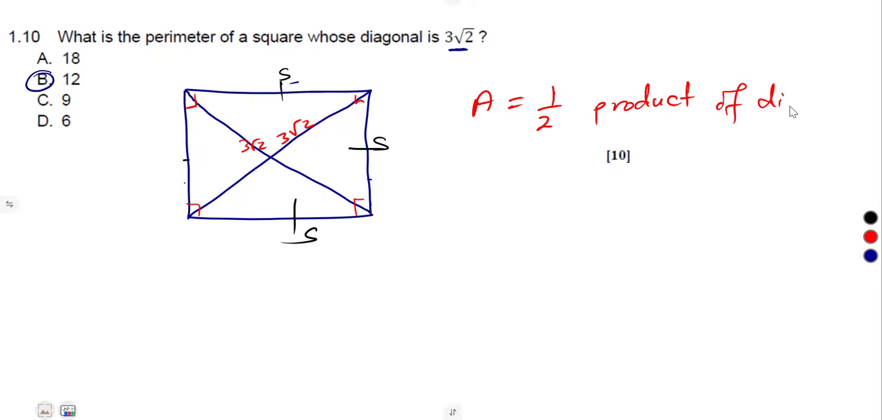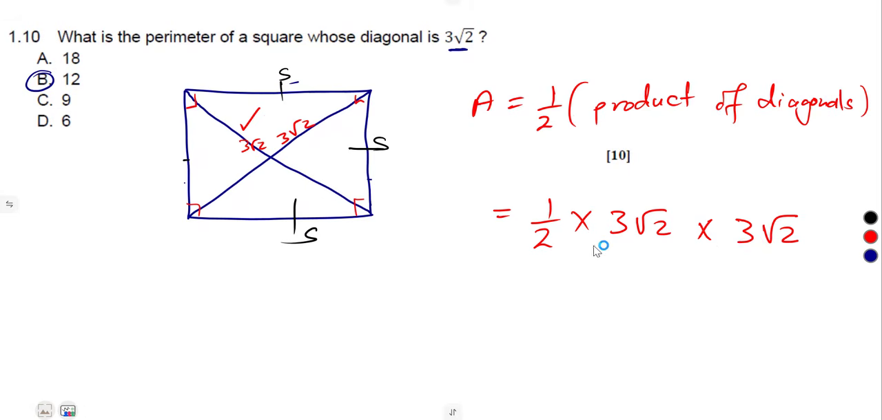Half product of what? Diagonals. That's another way to calculate area. Half product of diagonals. So that is half of the product of the diagonals. The diagonal is 3 square root of 2 times another diagonal 3 square root of 2. You multiply the diagonals, then your answer you multiply by half. So 3 square root of 2 times 3 square root of 2, that is the same thing that we calculated